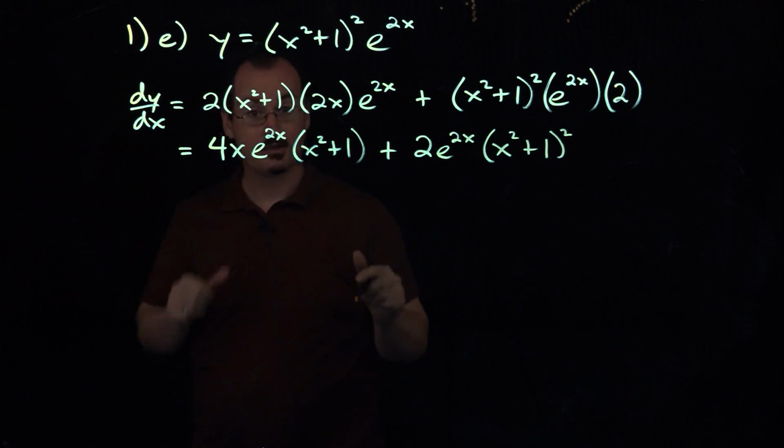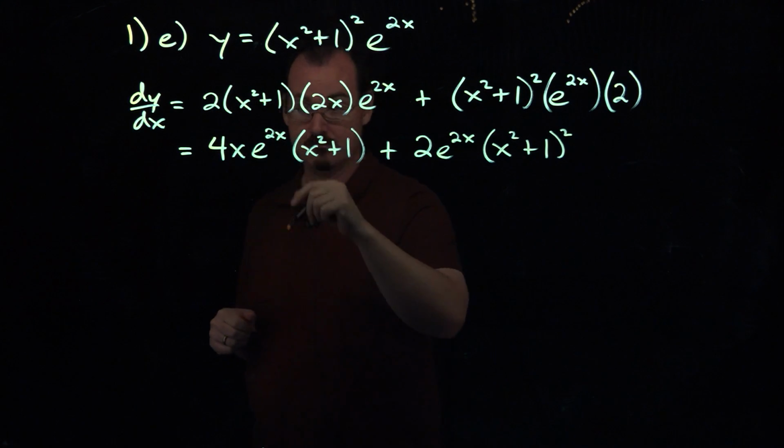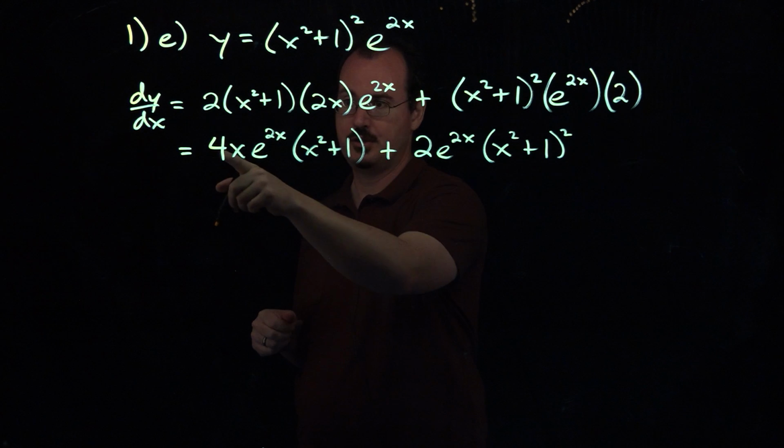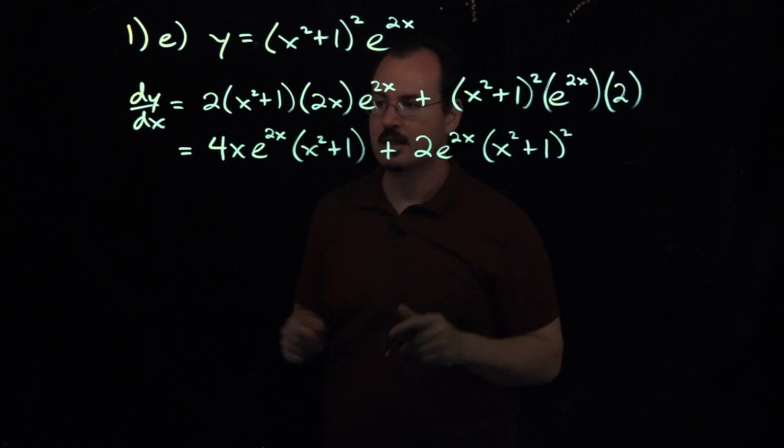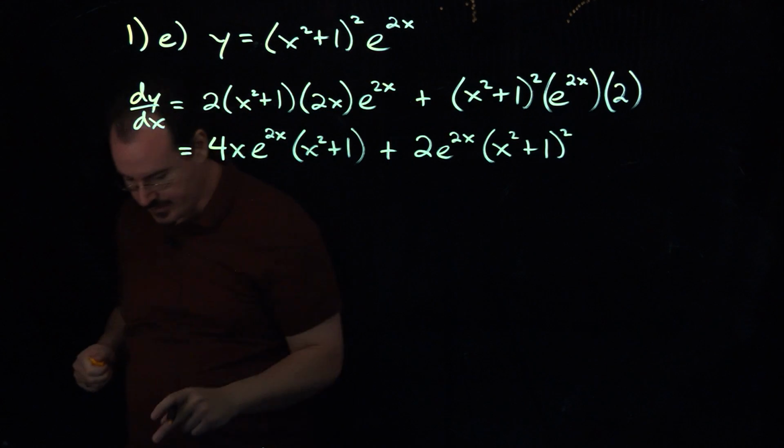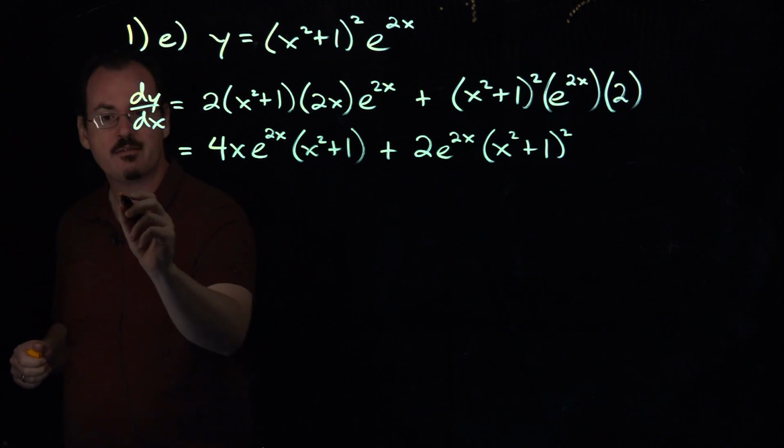If you wanted to, you could also factor out an e to the 2x and also 2 and an x squared plus 1. You can factor all those out. Not necessary though. So for f then,